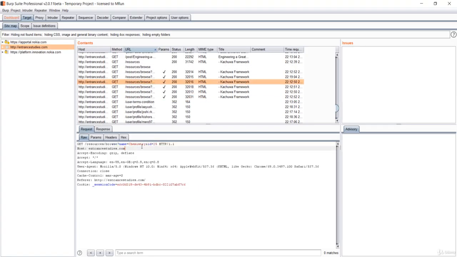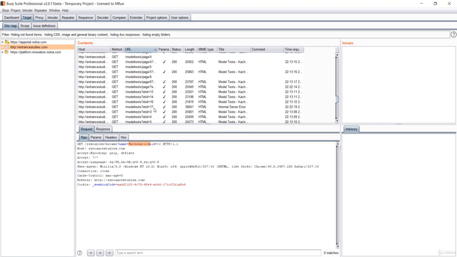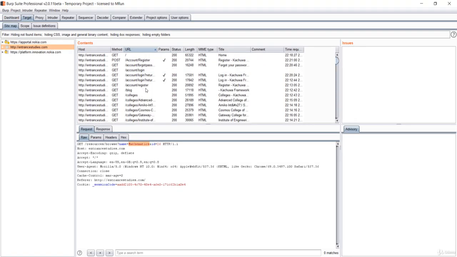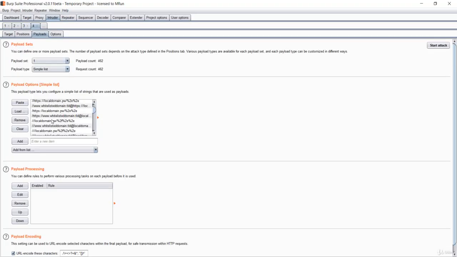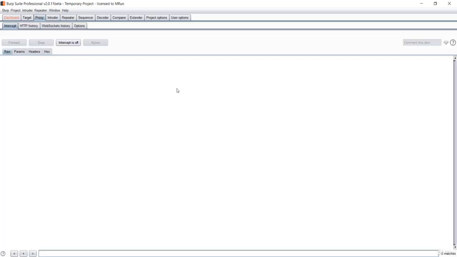You can search for an XSS attack instead of this URL redirection. You can put your own unique text or strings over here and check if it shows any reflection in the repeater by looking at the response. If it does, you can put in the payload list from the intruder, which can be XSS payloads, and see if that payload works or not. So this is the way to work with URL redirection. We'll see more examples in the upcoming lecture. See you in the next one.